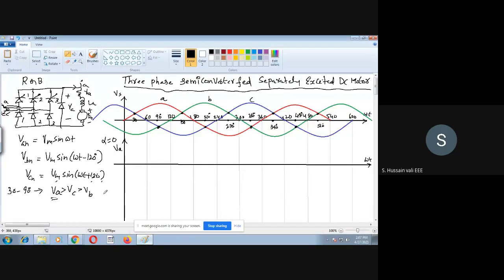Now, A is connected here at 1, B is connected to 2, C is connected to 3. I hope you remember that in the operation of the semi converter or full converter, you have 6 switches. Out of 6 switches, only 2 will be turned on at a time, one from the top leg, another from the bottom leg. The top leg are thyristors, the bottom are diodes. So out of 1, 2, 3 thyristors, only one will be turned on.